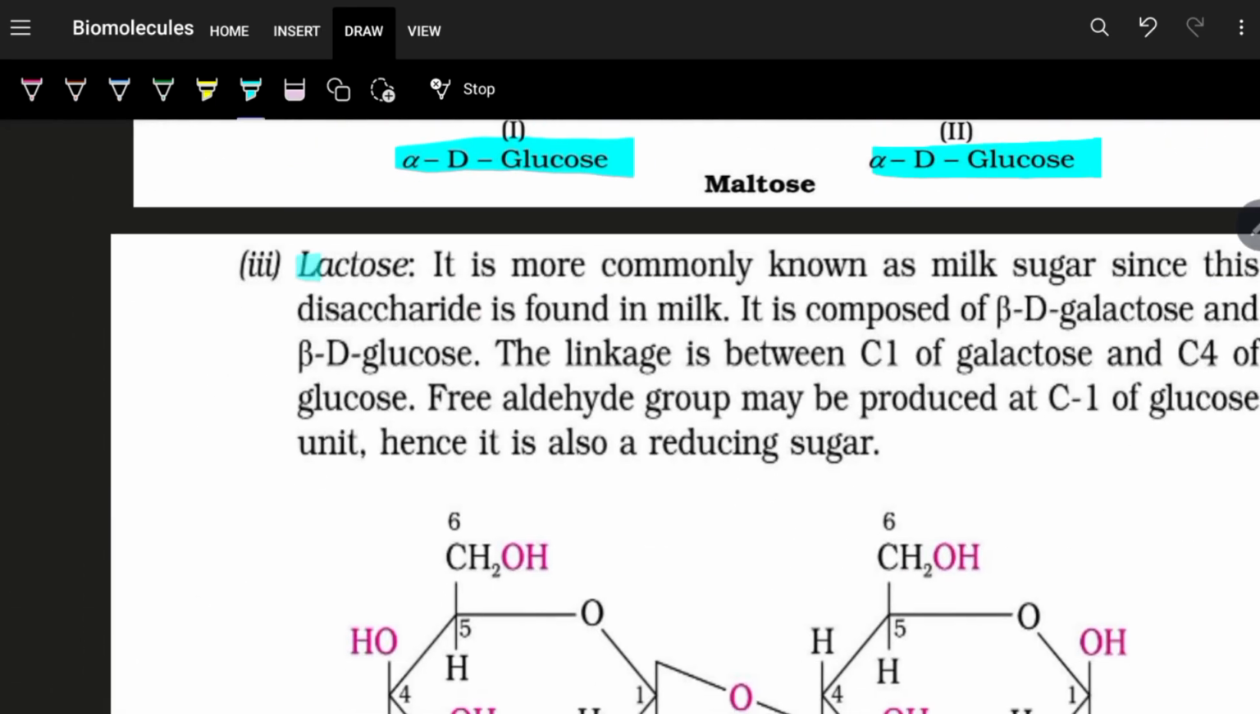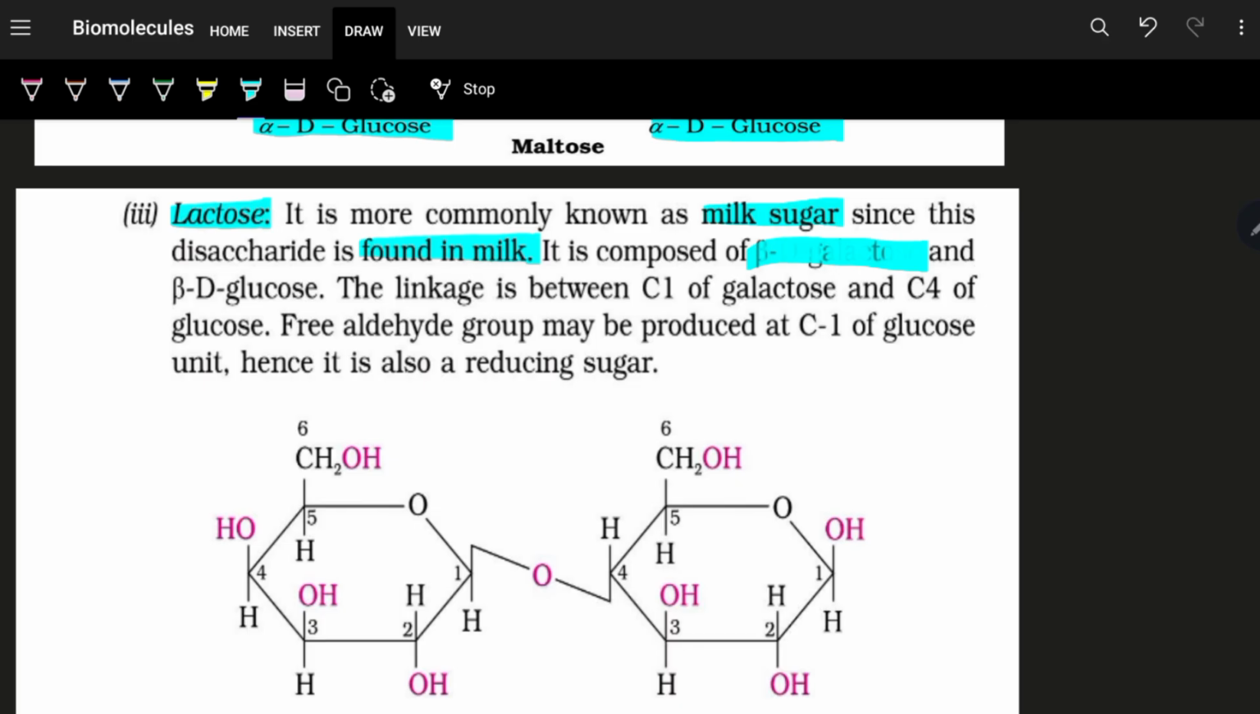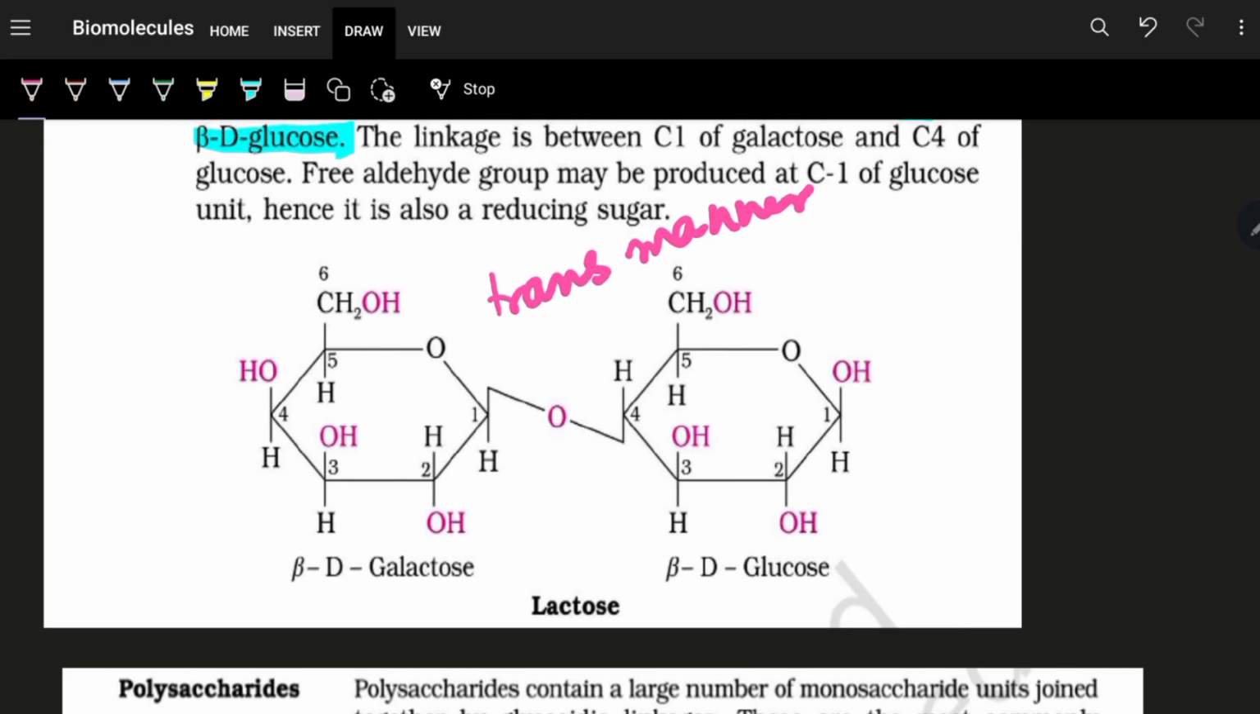Moving on to lactose, which is a disaccharide. Now, lactose is known as milk sugar because it is found in milk. And it is composed of beta-D-galactose and beta-D-glucose linked in a trans manner. We can see that the glycosidic linkage is in a trans manner. And so what is happening over here, when we see the structure of